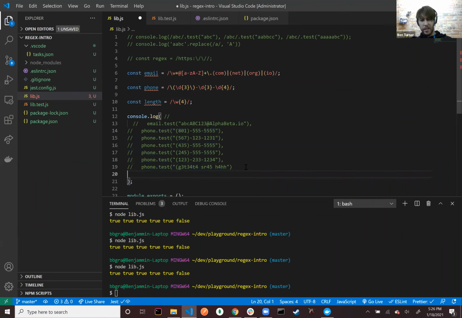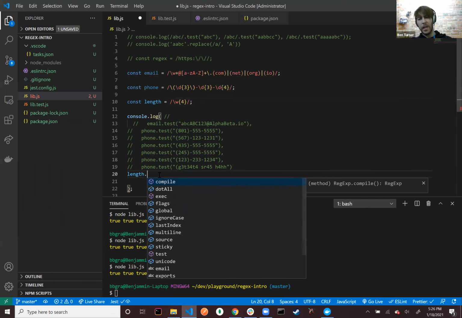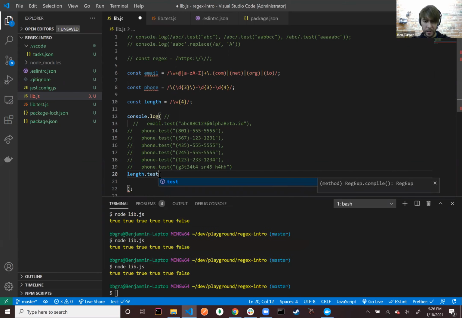So that tells you that it's at least 4 characters. So that can be helpful. For basic form validation, if you're checking for the length of a password, that could work. Although you're probably just better off using the length property of the string, because you have that too. But for the sake of argument, let's say we test